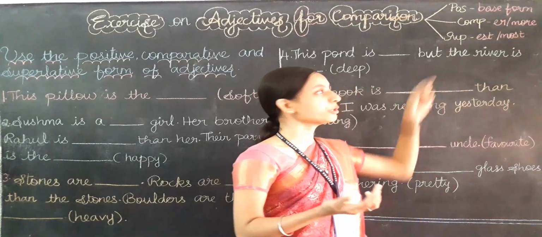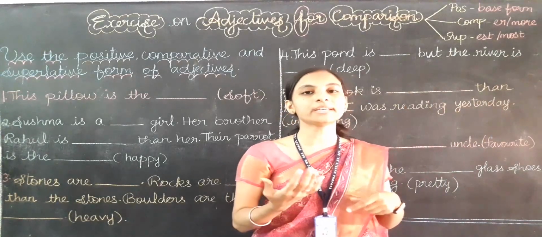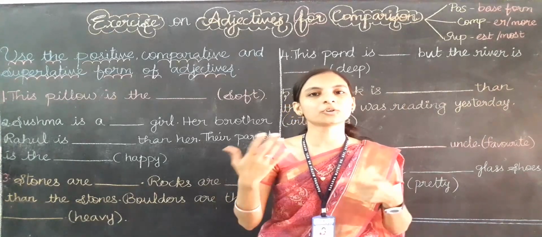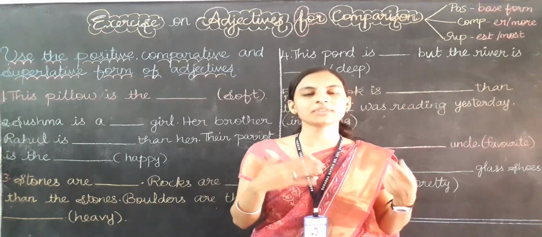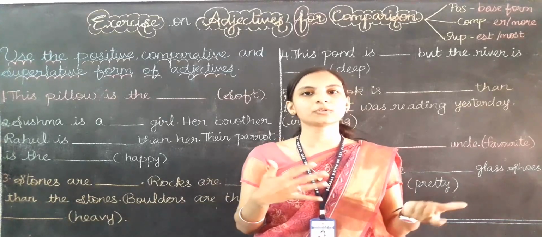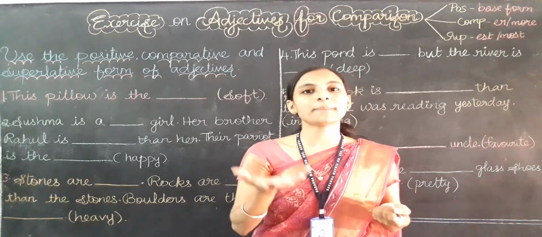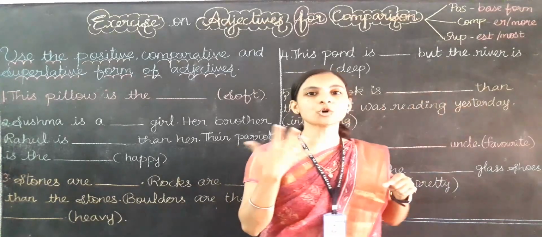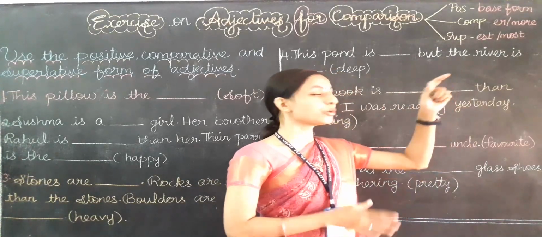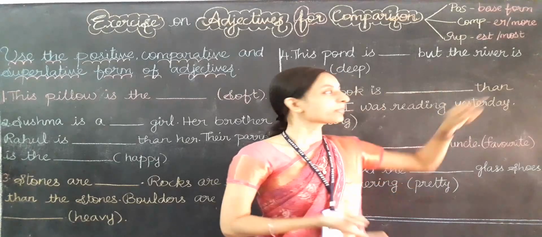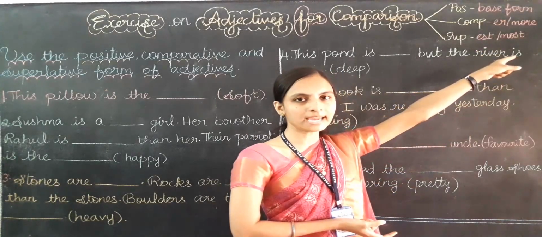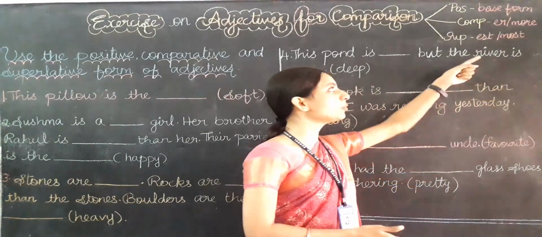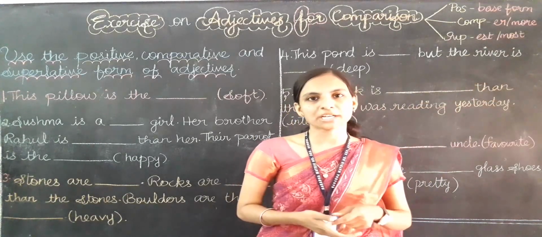Okay, what about superlative? Superlative degree is used to show the best or worst in a group, a group of people or group of things. If we are talking about a group of people or things, we show the best thing or best person. So there we use superlative degree to show the best or worst. If the adjective is small, we use est at the end of the adjective. If the word is big, then we use most before the adjective.